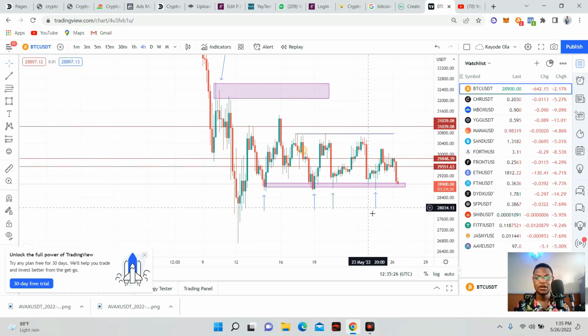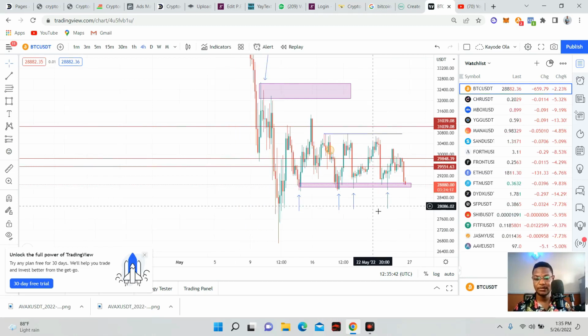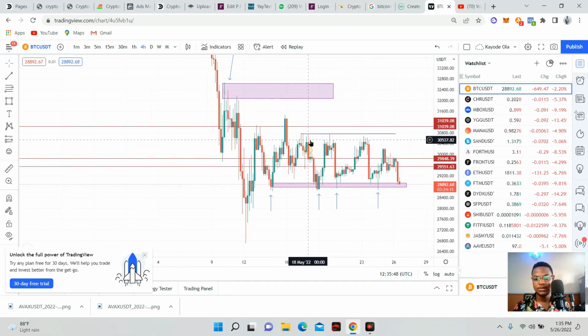If you want to trade this market, I'm going to talk about both as a day trader and as a swing trader, so that you can catch up with both types of trading. If you want to trade this market as a day trader, we're in a bear market now. How do you make profits in a bear market? Sell the retracement, because in every downtrend there will surely be a retracement.